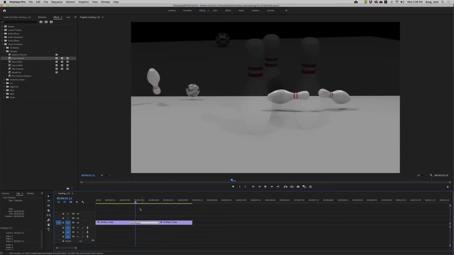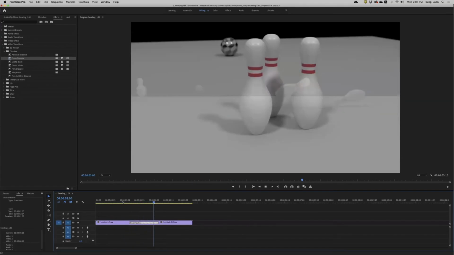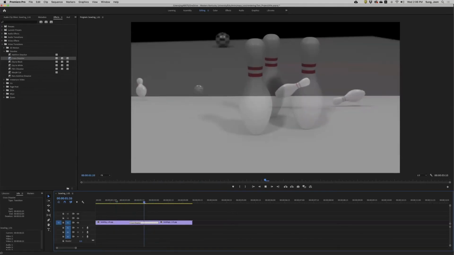But for you, I think 1 second is way too long. So let's say you really want to use this video transition. You can use it, but you don't have to. But I want you to change the duration. So how do you change the duration? Click and select the video transition and go to